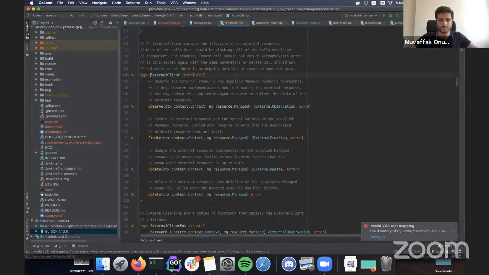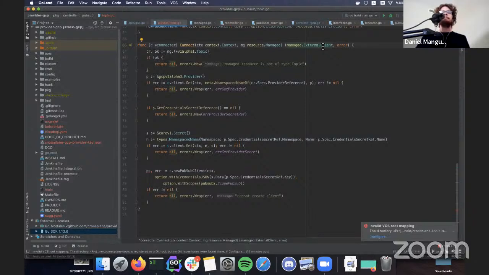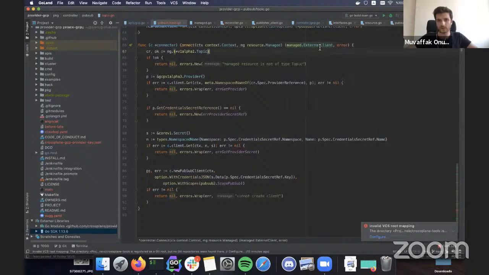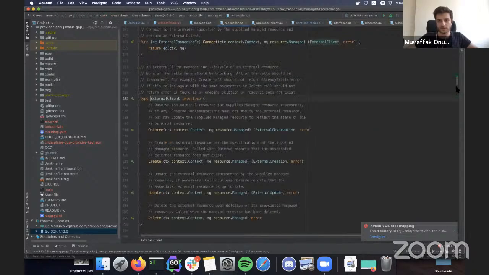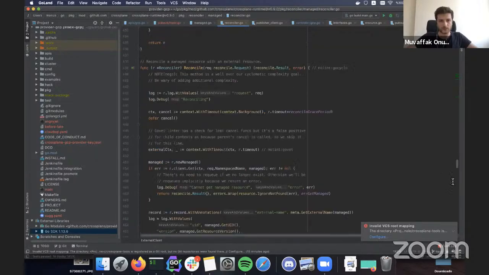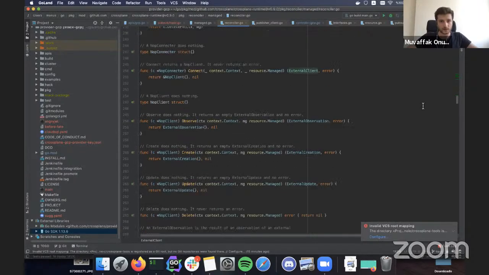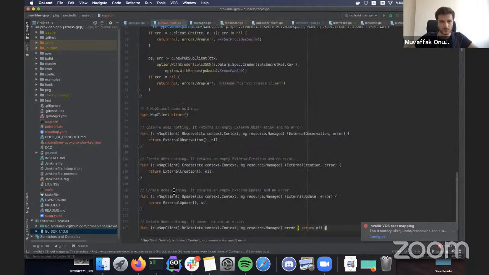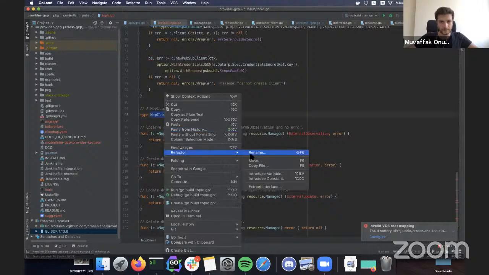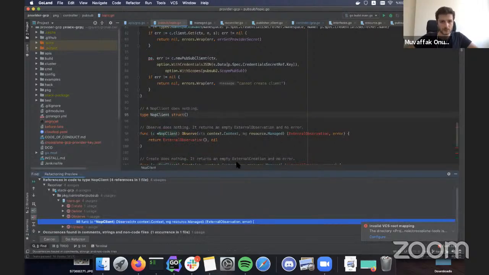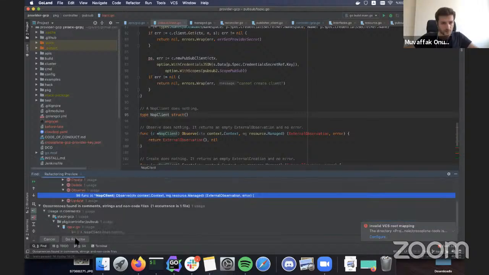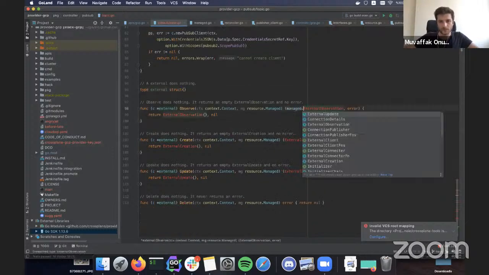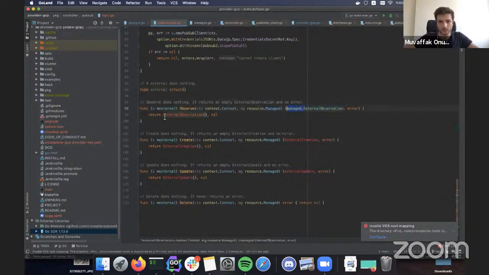Yeah. So what we need at this point is to return an external client, which we will implement like CRUD methods: observe, create, update, and delete. So this is the interface. What I usually do is, we've got a NOP client somewhere here that does nothing. Yeah, there it is. So we'll just copy this over. And this is our external client. Okay. So we need these prefixes for it to work.